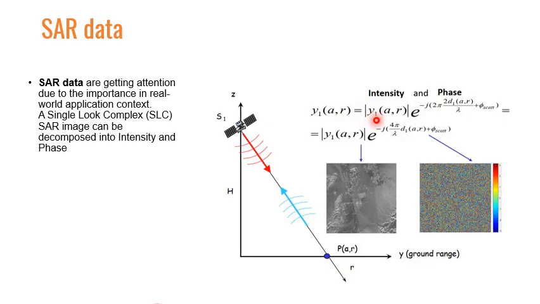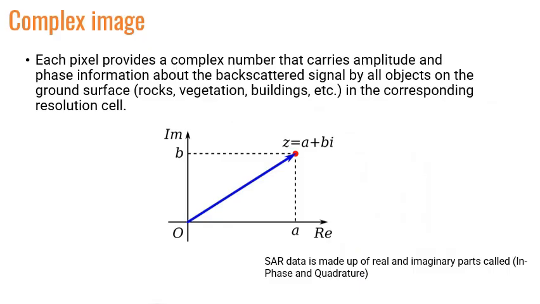You can see the first part of this equation is intensity, and the other is phase, the exponential part up here. In these areas, this is the intensity image, and the other is the phase image. It is a little bit difficult to recognize things in the phase, but I will gradually explain the phase so you can understand. Last time when I talked about the radar theory, I also introduced a little bit about complex images, but today I have to talk more clearly about them